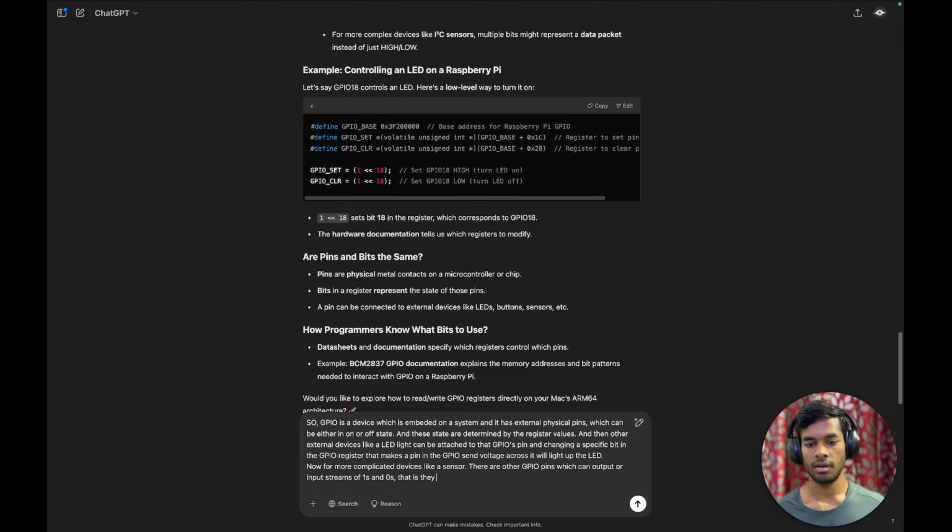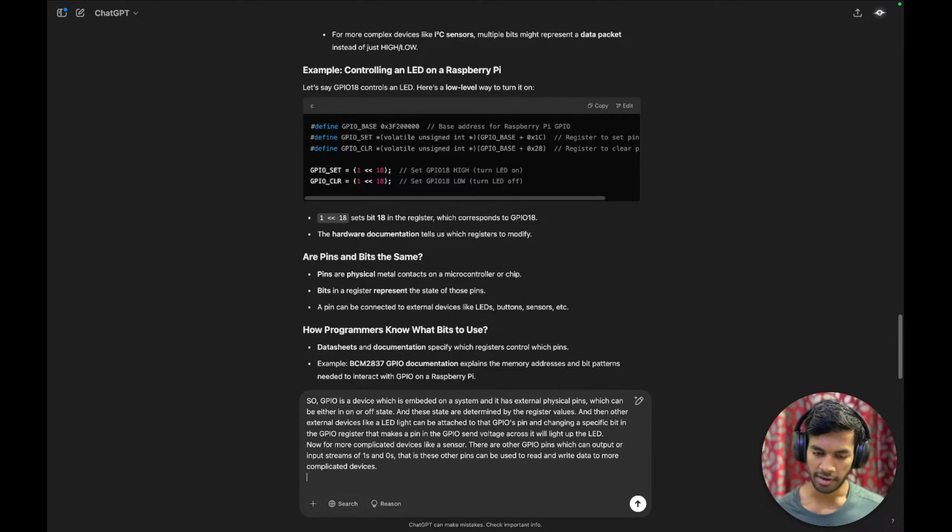That is, these other pins can be used to read and write data to and from more complicated devices. Okay,